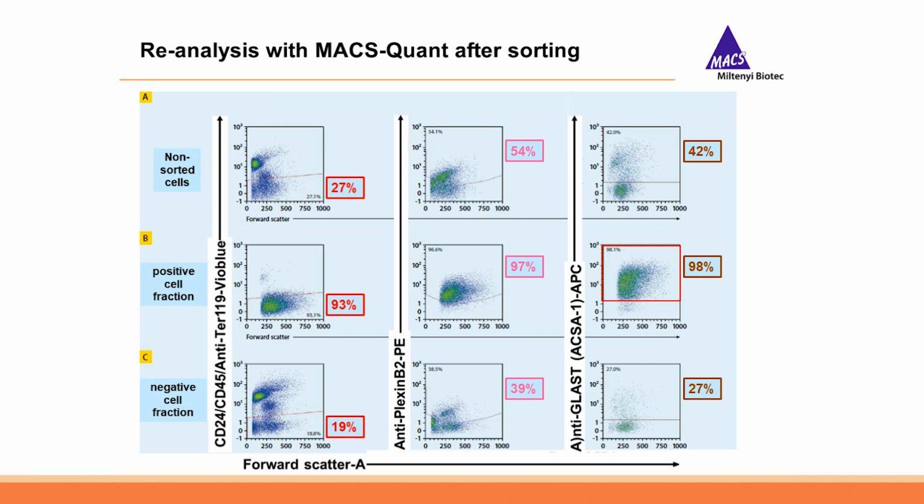In the first row, you see the non-sorted cells. In the second row, the positive target cell fraction, and in the third row, the negative cell fraction. When we have a look at the sorted neural stem cells in the second row, we see that the CD24, CD45, and TER119 positive cells are efficiently depleted, and the Plexin and GLAST positive cells are enriched to 97% and 98% respectively. So that means we have really high purity of the neural stem cells in the positive